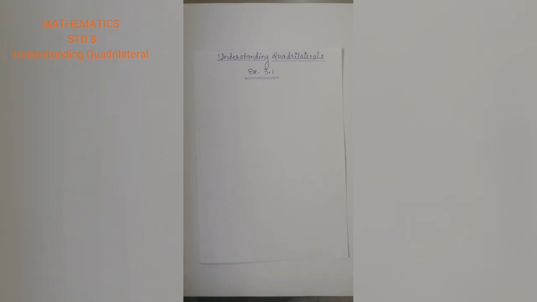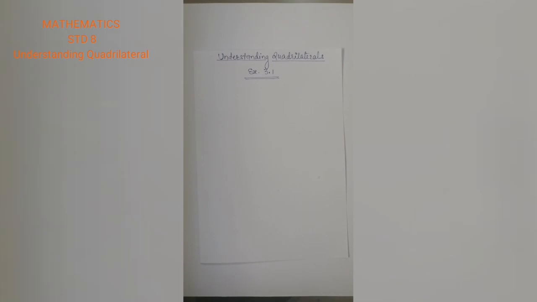Here we are not going to solve all the sums of the exercise because they are quite easy. The first one has different types of figures given, and from that you have to classify them into simple curve, simple closed curve, polygon, convex polygon and concave polygon. That is quite easy for you to understand. We will start here with the second one.